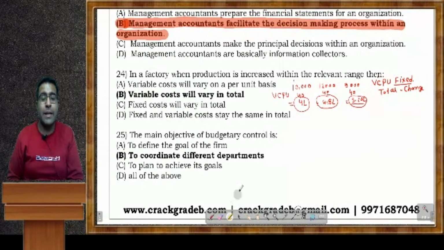So the answer is variable cost will vary in total. Okay,